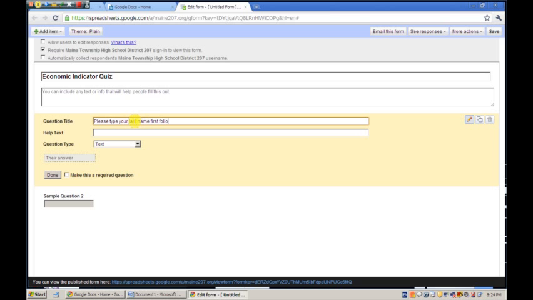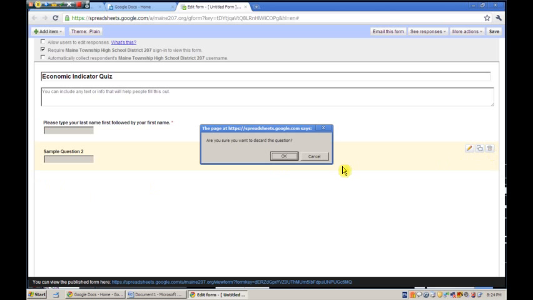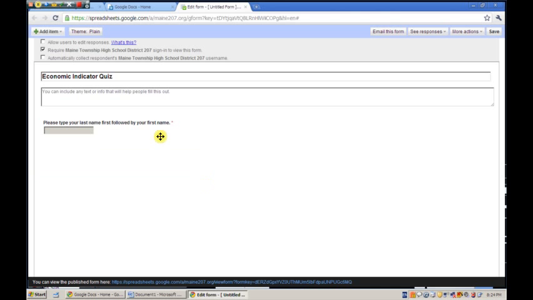So my first question is a very typical one: please type your last name first followed by your first name. And the reason I'm asking for this basic information is that the information generated from the form is captured in a spreadsheet, so it'll be very easy to associate the answers with a particular student's name. So I'm done with that particular question, and I'm now going to add a second question by coming up here